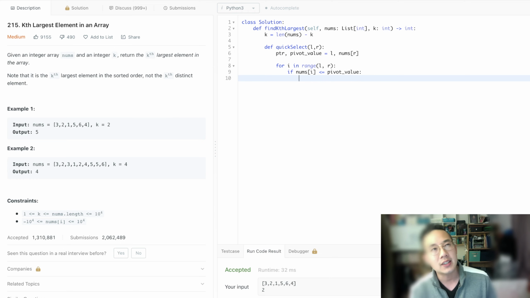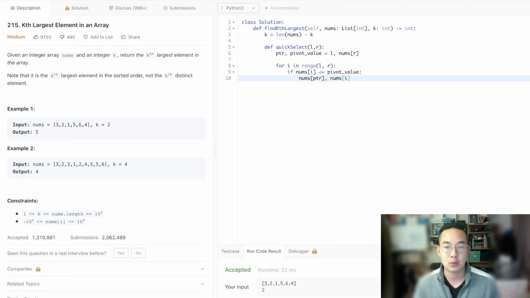But cutting in half, isn't that log n? Weird. Anyways, we got the pointer,